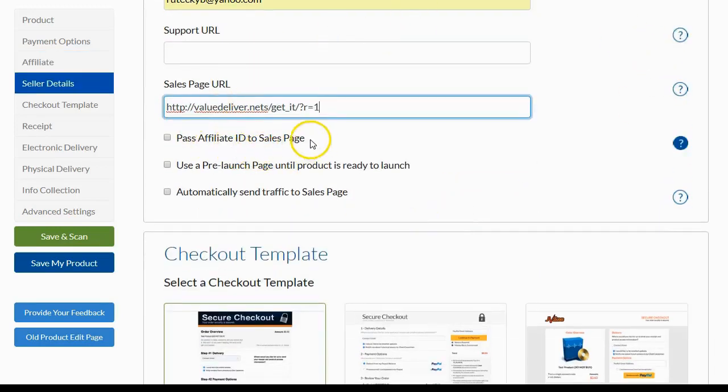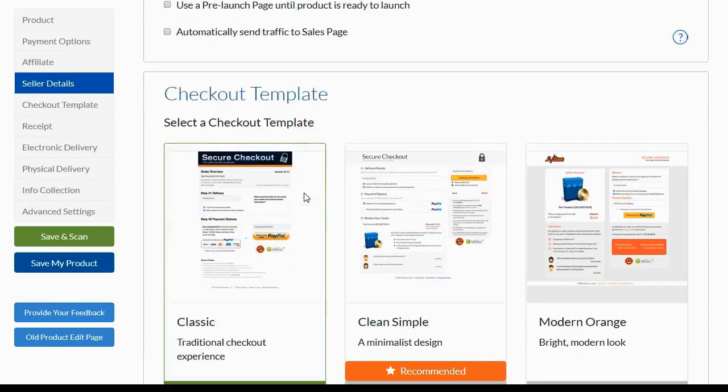The pass affiliate ID to sales page, use pre-launch page, and automatically send traffic to a sales page options are things you really don't need to worry about at this point. You also don't need to worry about changing your checkout template. The first one is the easiest one. It requires the least